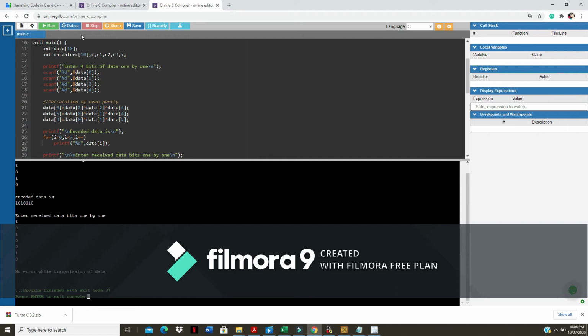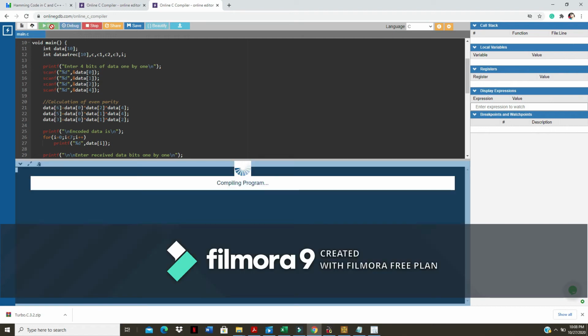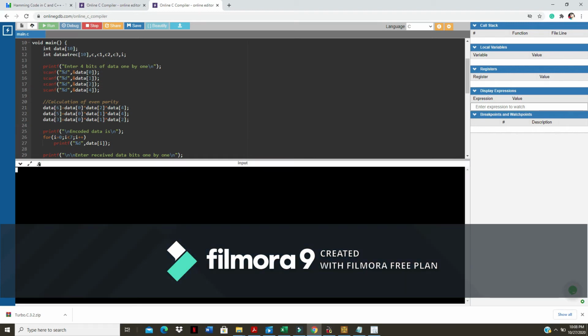Suppose, let me just run this once again. Suppose I am adding some errors. I'm going to consider that one bit is changed during the transmission over the channel. Now we are going to see that case. Using your Hamming code, it can detect a maximum of 2 errors, and it can correct only single bit errors. Now I'm going to check for a single bit error whether it is able to correct.